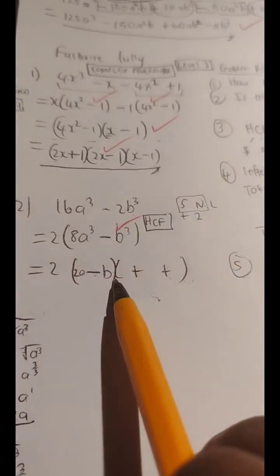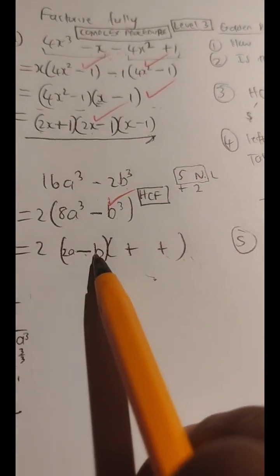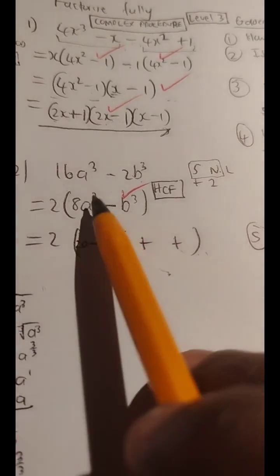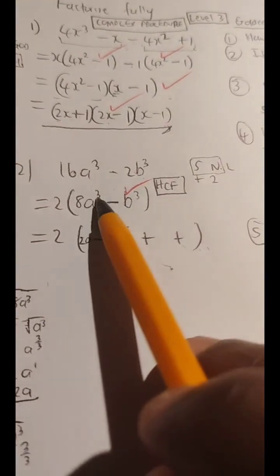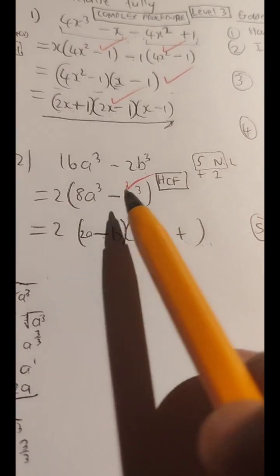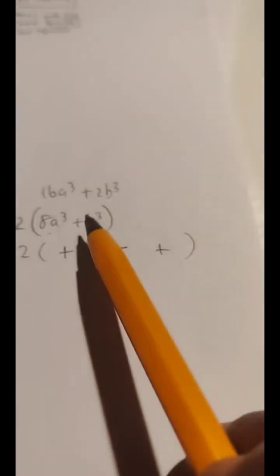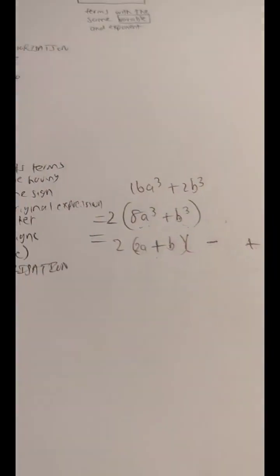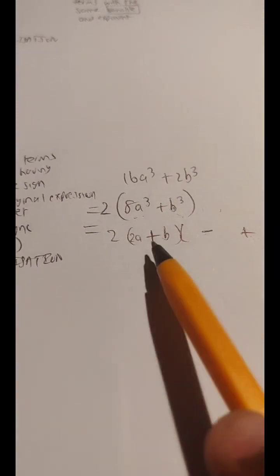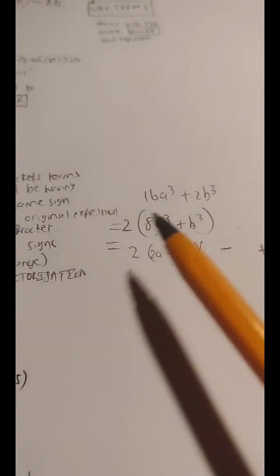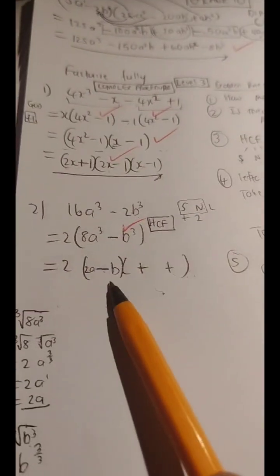So in the second position of the bracket, you are going to have the second term inside the bracket being b. How did you get 2a? You took the cube root of 8a cubed. How did you get b? You took the cube root of b cubed. Guys, you do the same thing here. Cube root of a cubed, we know it's 2a. Cube root of b cubed, we know it's b. You see, so everything else that you do after the signs have been sorted is no different from what you do from the other one.